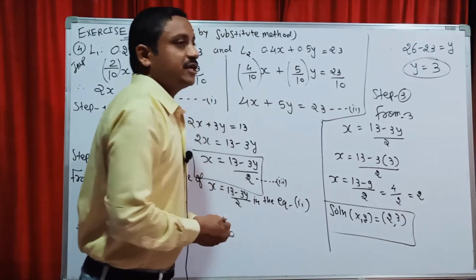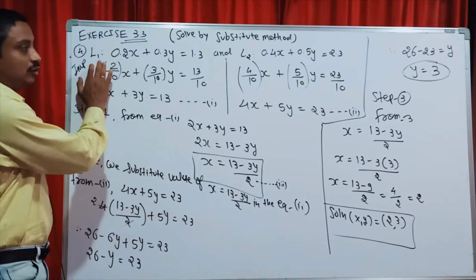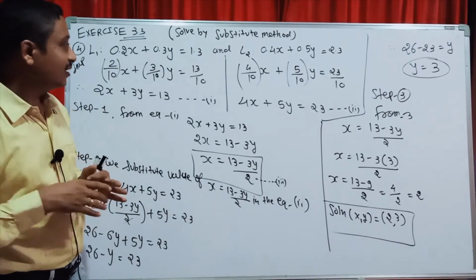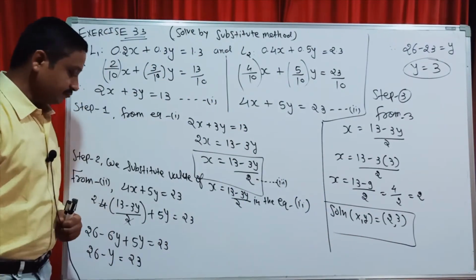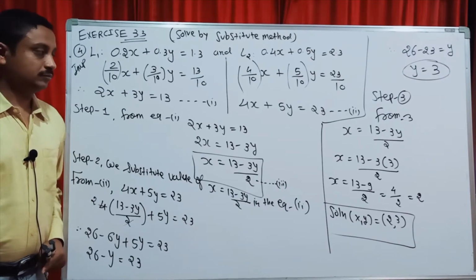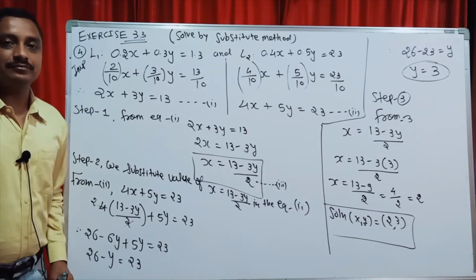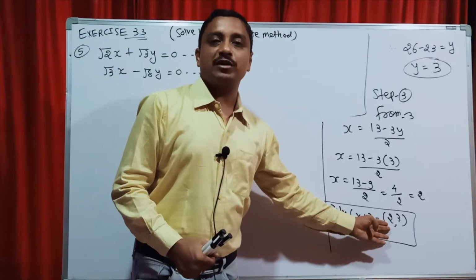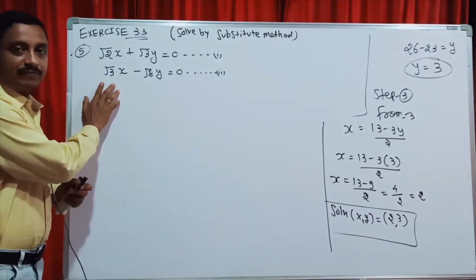Yes students, here you are happy. This equation is also done. But I again repeat, this numerical is an IMP question for board level, and it is for 2 marks only. Now students, after ending these 2, 3 answers of our previous sums, I move ahead to question number 5.